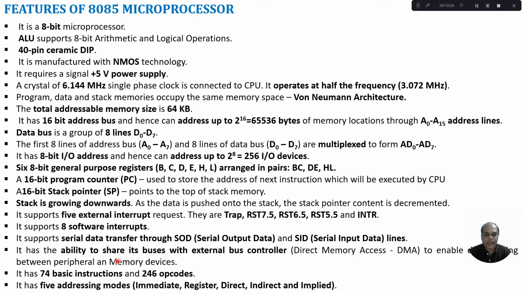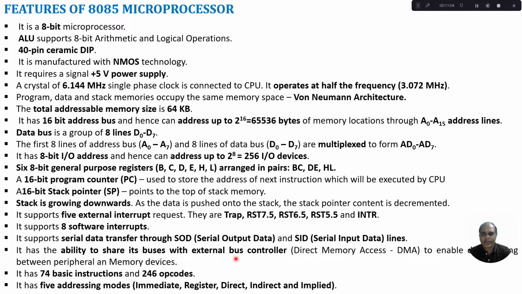It also has the ability to share its buses with the external bus controller. If a peripheral wants to use data from a memory, the peripheral will make a request to the CPU, then the CPU will take the data from the memory and provide it to the peripheral device. So the CPU is needed to do this data transfer operation, and by doing so, the CPU will not be able to do its own process. In order to avoid that,